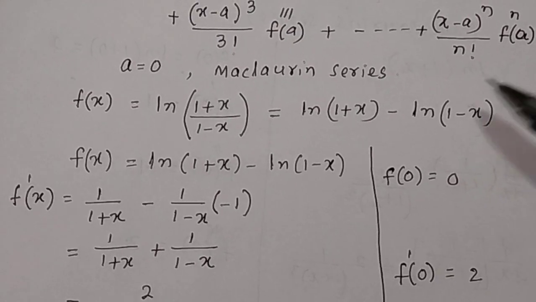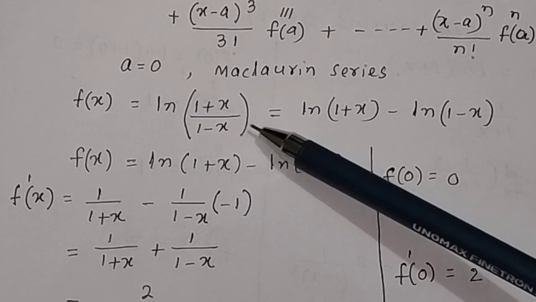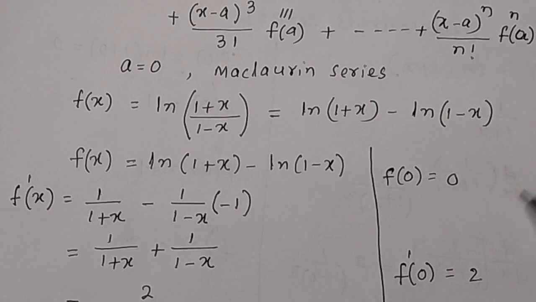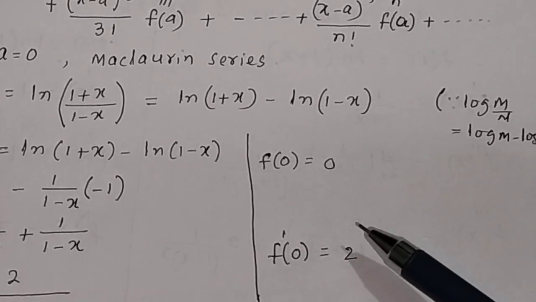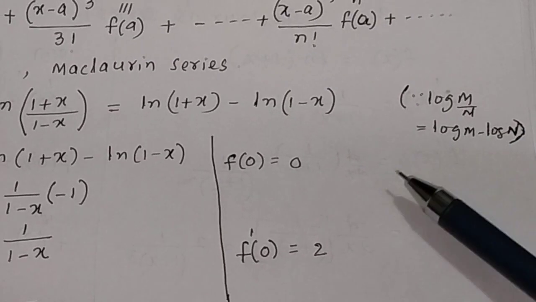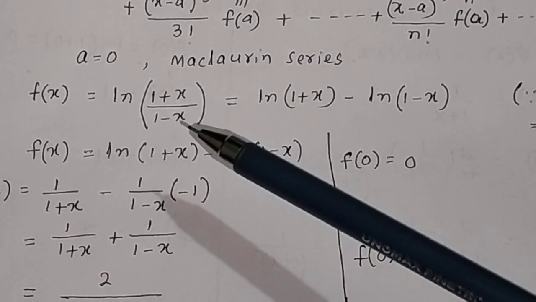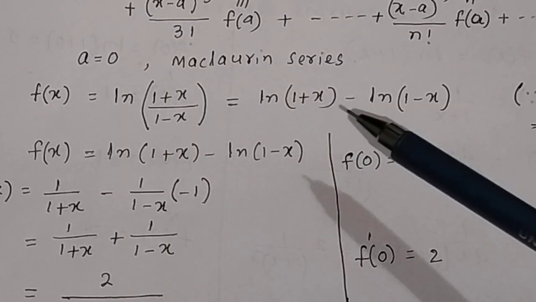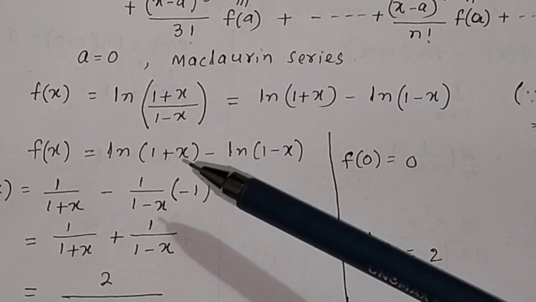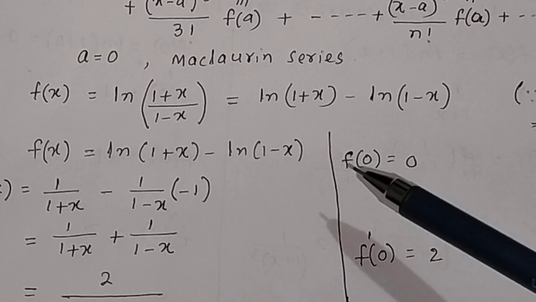and the given function f(x) is equal to log (1+x)/(1-x), which can be written as log(1+x) minus log(1-x). You can use the formula log m by n, that is log m minus log n. So using the formula log m divided by n equal to log m minus log n, the function is log(1+x) minus log(1-x), and the first term is to find out